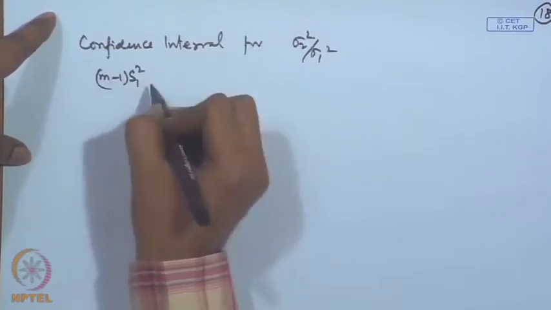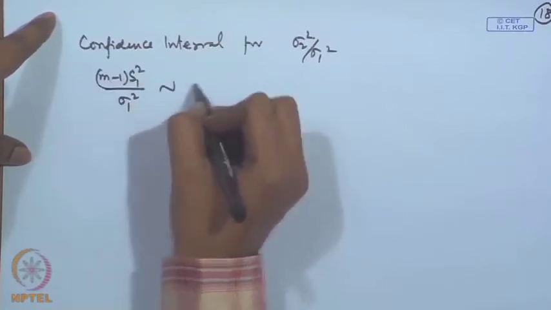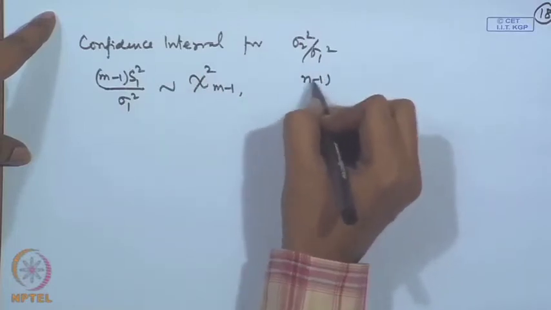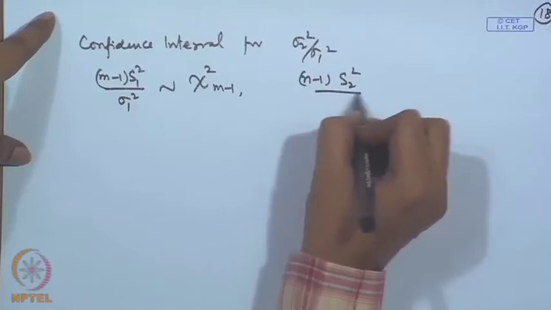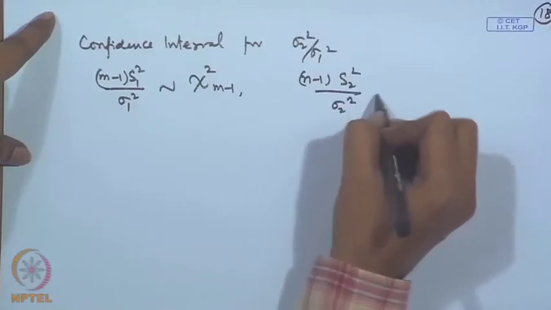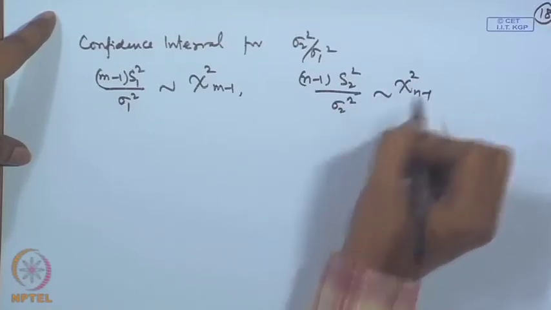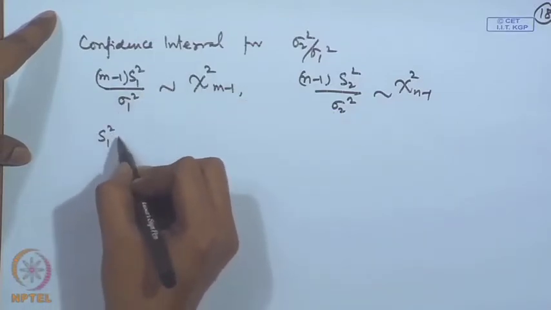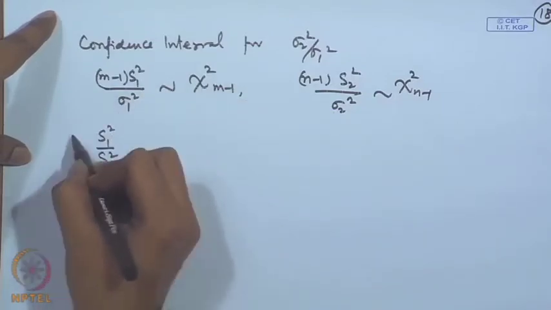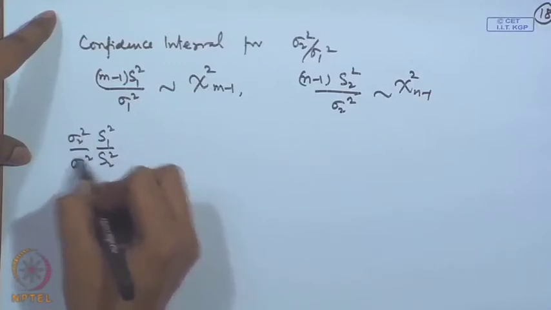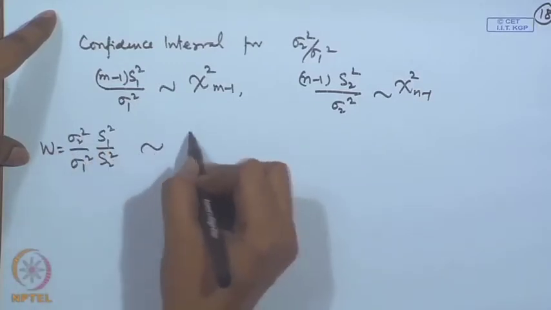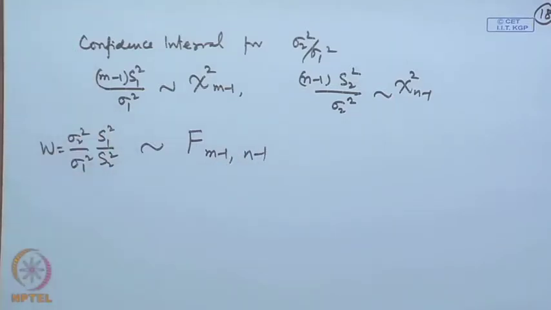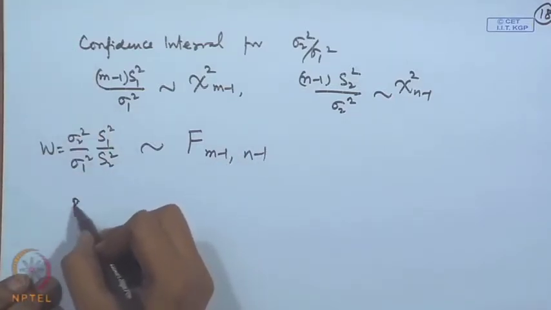Say S 1 square: (m minus 1) S 1 square by sigma 1 square follows a chi square distribution on m minus 1 degrees of freedom. (n minus 1) S 2 square by sigma 2 square follows a chi square distribution on n minus 1 degrees of freedom, and they are independent. So, if I frame the ratio S 1 square by S 2 square times sigma 2 square by sigma 1 square, let me call it W, this will follow an F distribution on m minus 1, n minus 1 degrees of freedom. So, probability of